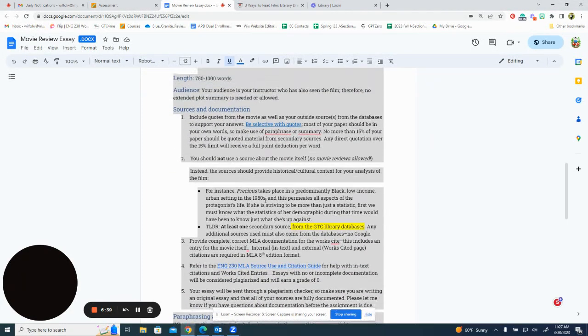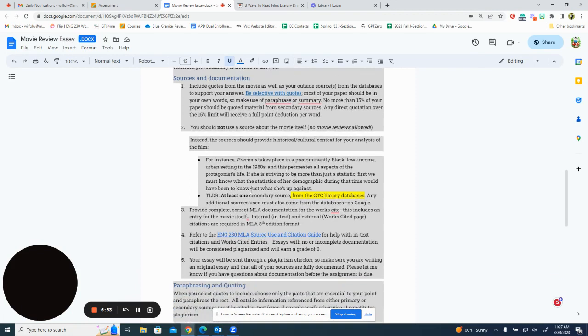So in terms of the outside sources you are using from the databases, don't go get a movie review. Okay, this should be your review of the movie. Instead, again, we're looking for historical, cultural context for your analysis. So I've given an example here from the movie Precious. This movie takes place, like it says, in a predominantly black, low-income urban setting in the 1980s. So this is like Reagan era. AIDS is just starting to become known, but there's still a lot of mystery and stigma attached